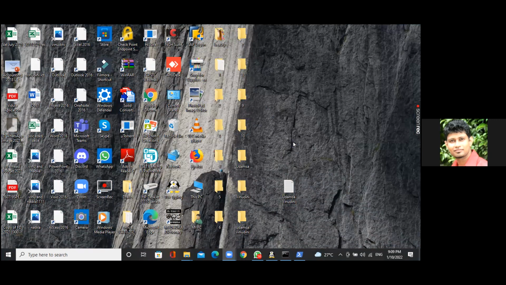So let's say you want to hide all the folders. Udamsa, can you double click on your text file? Not there. The text file that you created on the desktop. And write this command there.